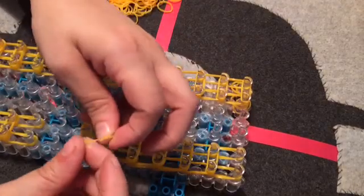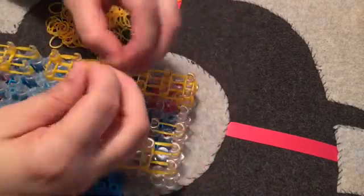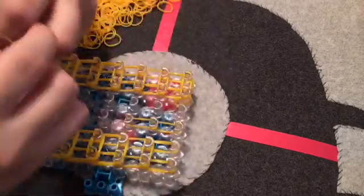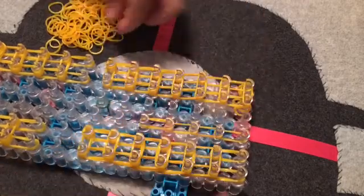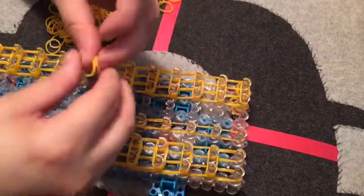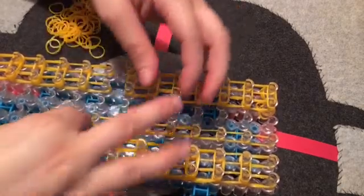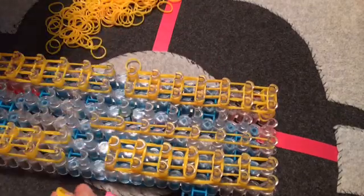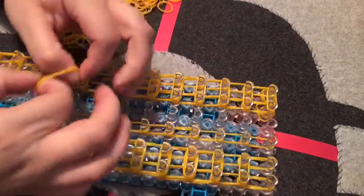So we're going to do doubled, doubled, doubled, and then 2, 2, and 2, and then 3. Whoops, one came off. 3 and 3,